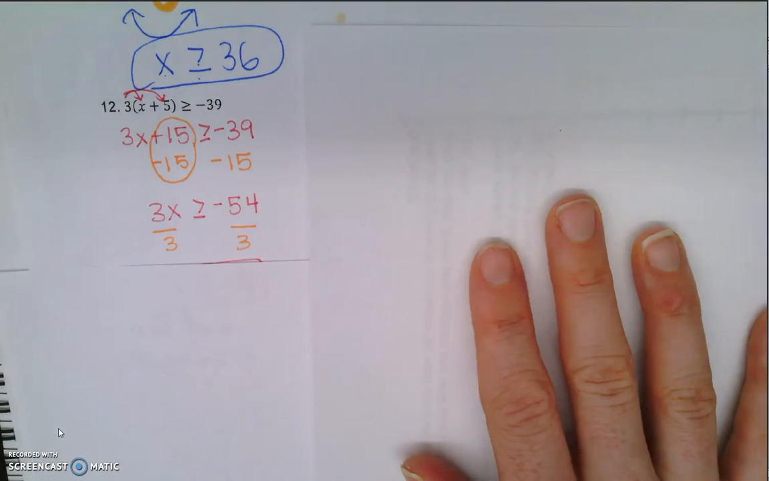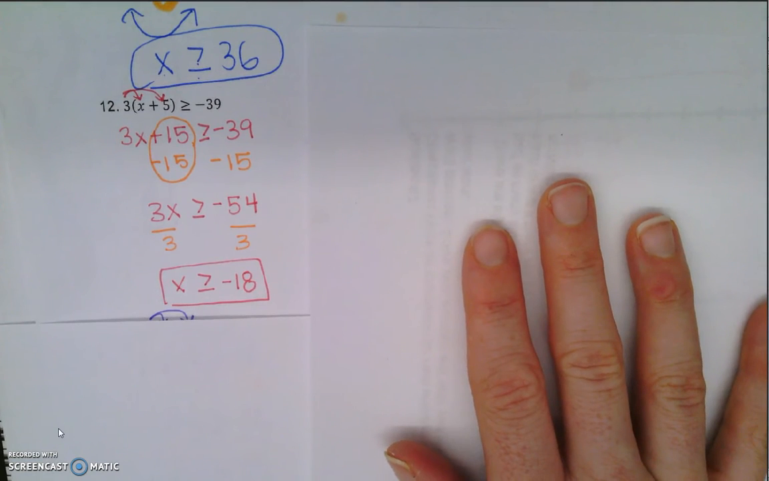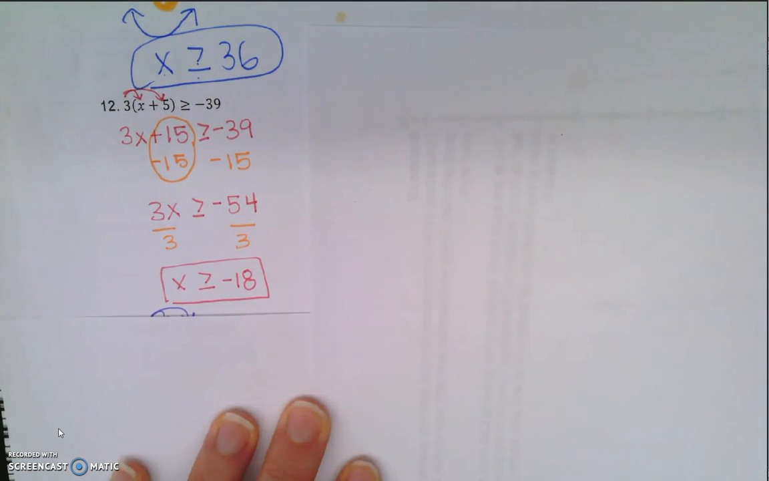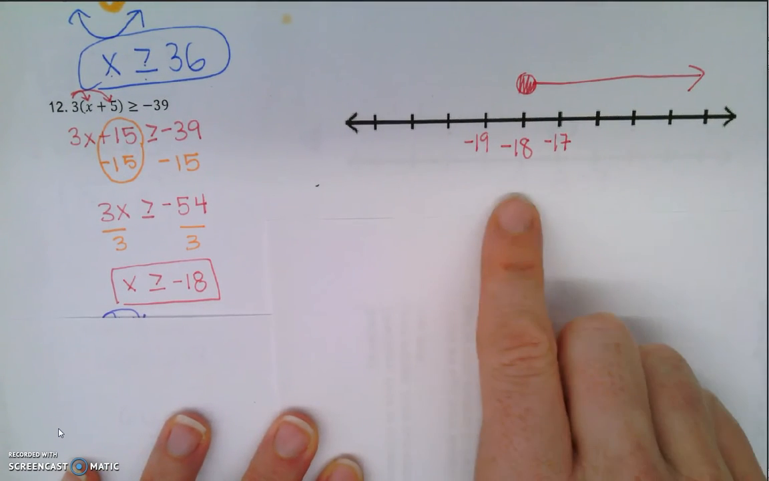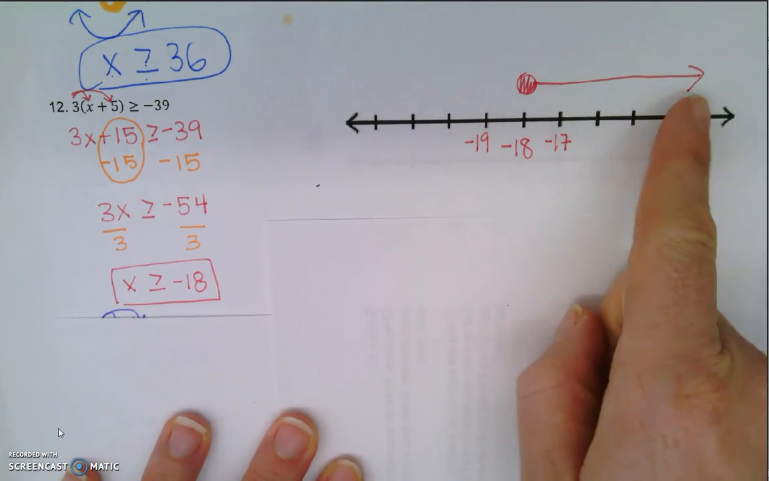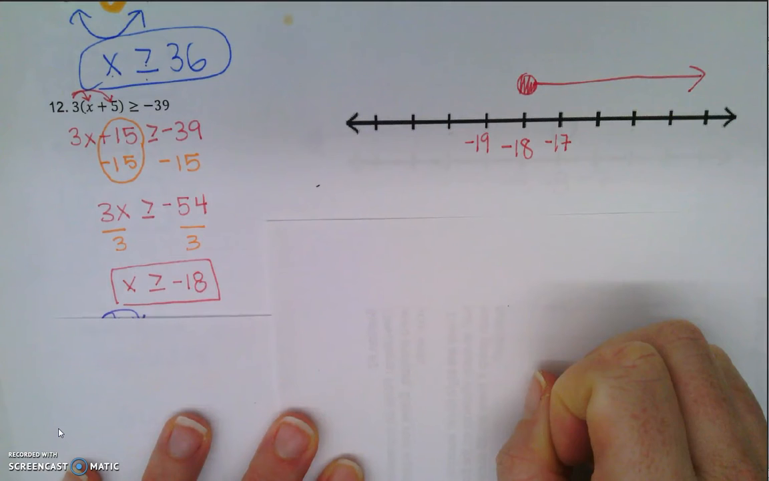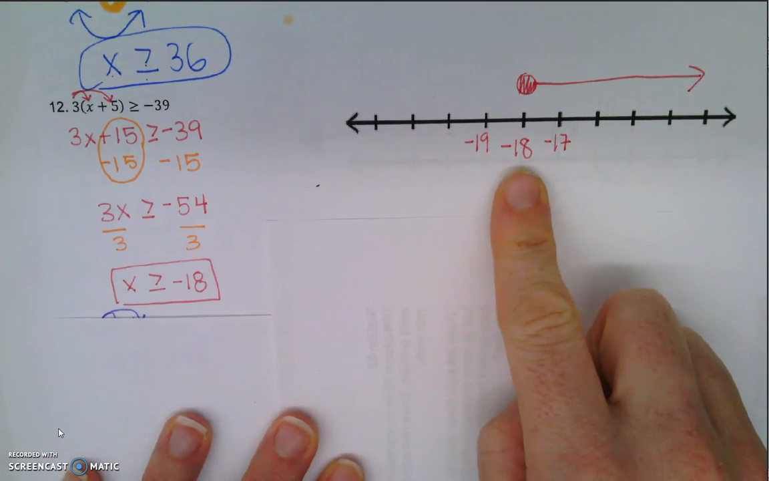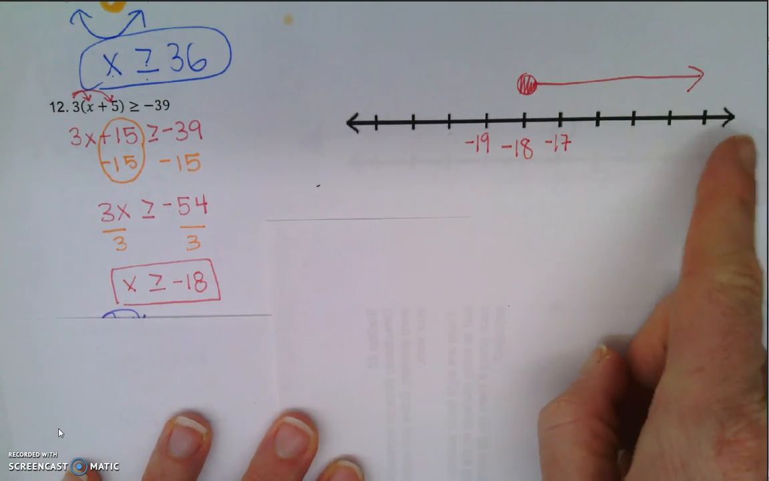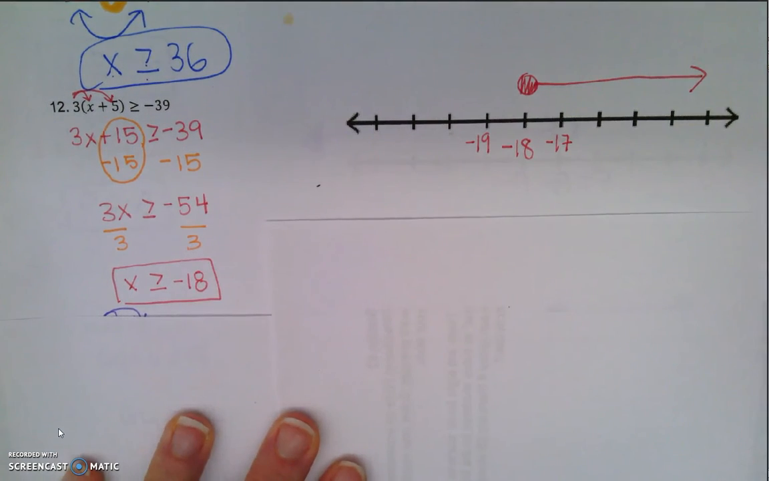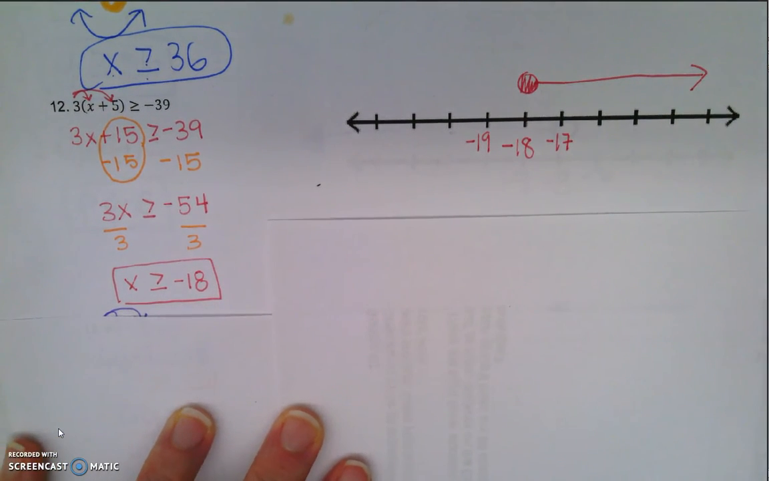A negative divided by a positive is a negative, so we have x is greater than or equal to negative 18. That's a closed circle at negative 18, our boundary number, and shaded to the right where the larger numbers are. Negative 18 is a solution, so is negative 17, negative 16, 0, 25, all make the statement true and are all solutions. Taking a look at 13,